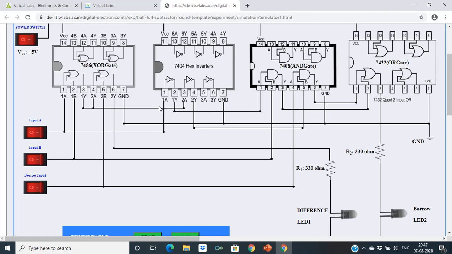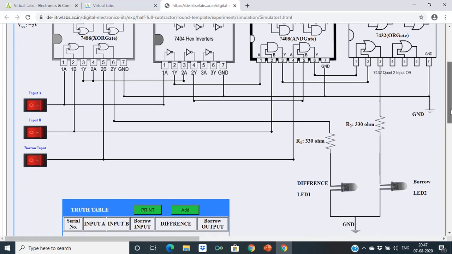This one is for a bar b, and a bar b you are giving to the second terminal, and this one is for b in and a XOR b whole bar.